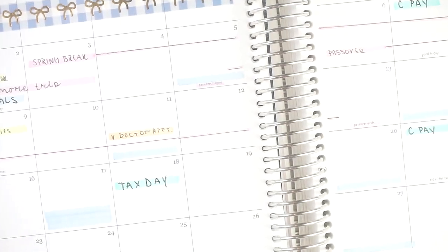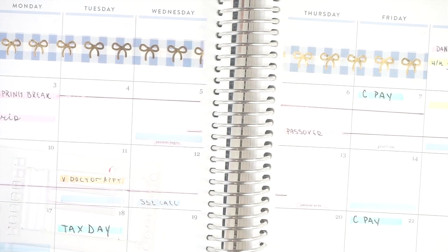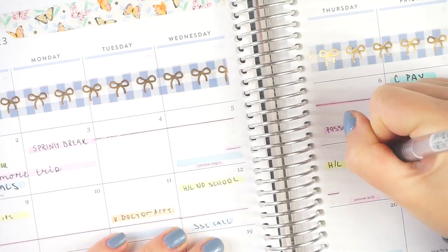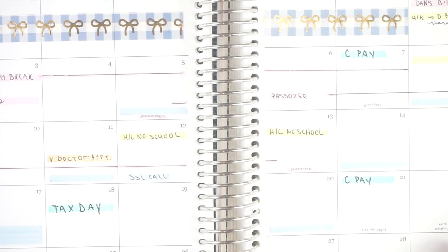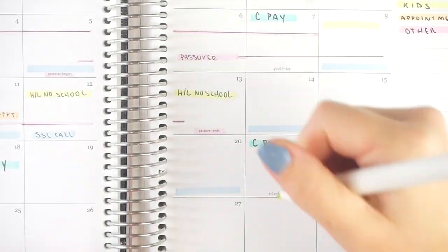I am very nervous about that because I am planning to do our taxes for myself this year, and it's the first time that I've done them since I was in my early 20s. So hopefully, fingers crossed, that goes well. I have the skill set to make it happen. I believe in myself. I just haven't done them in a really long time,